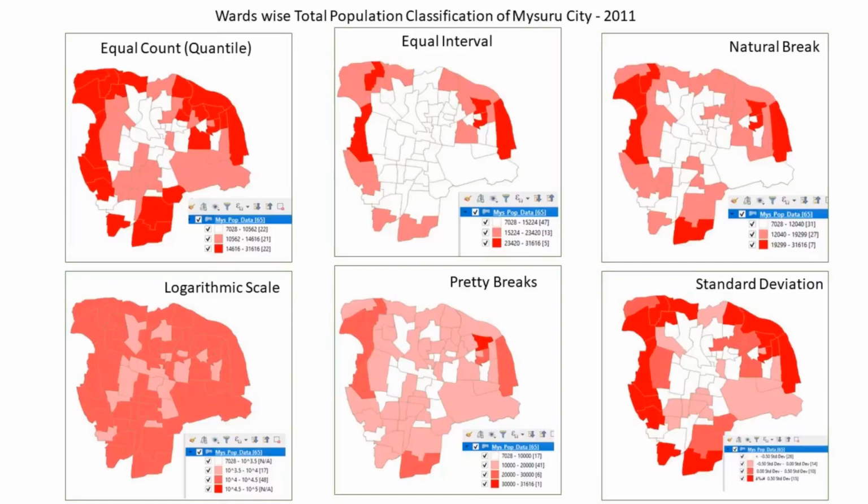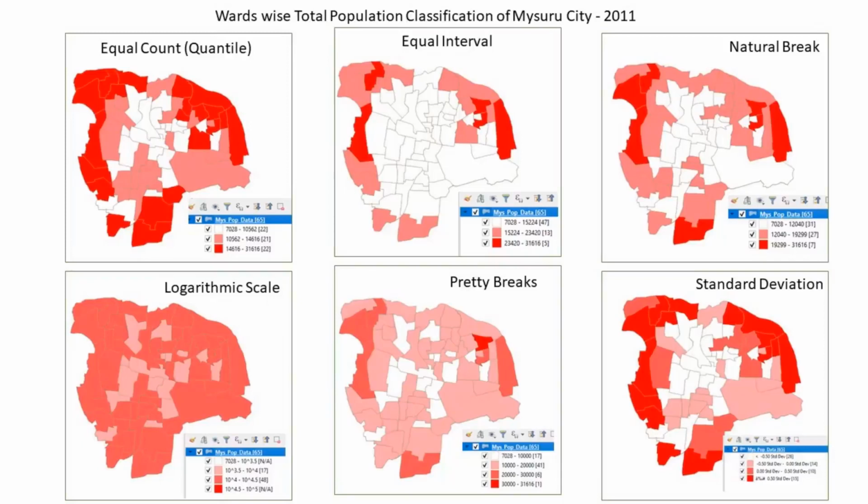Look at the above 3 maps. The area is the same and the data we have used is the same, but our results are different due to the different classification methods. If we consider the first value in the legend as less populated wards, the second value as moderately populated wards, and the third value as highly populated wards, we end up with 3 different results. Look at the 3 maps below. As these 3 classification methods do not support classifying the values into 3, I have classified it into 4 classes. Here also we are facing the same problem.